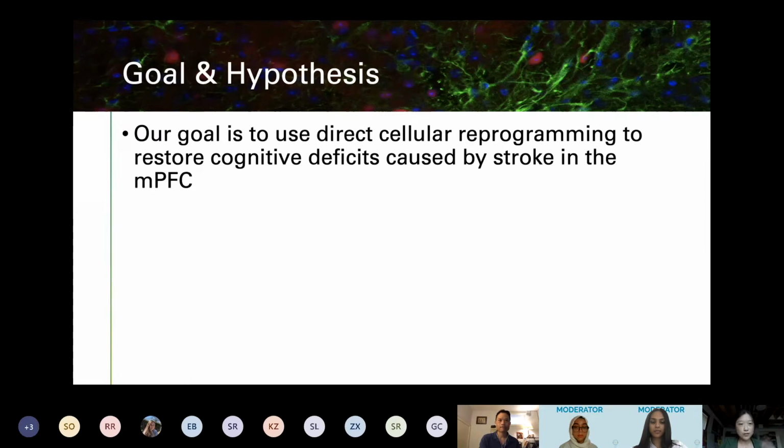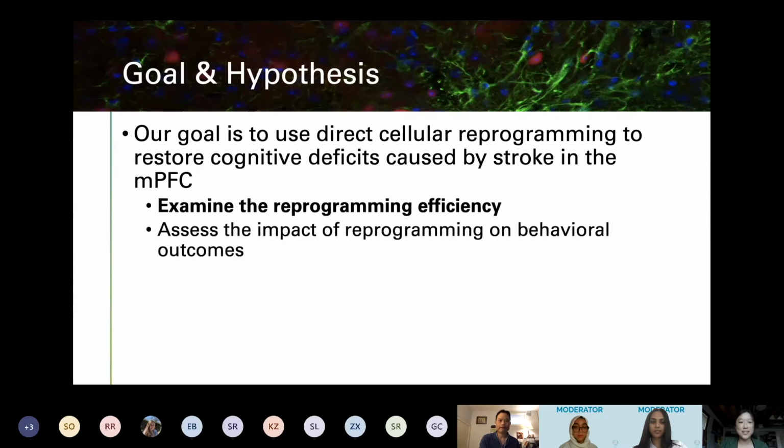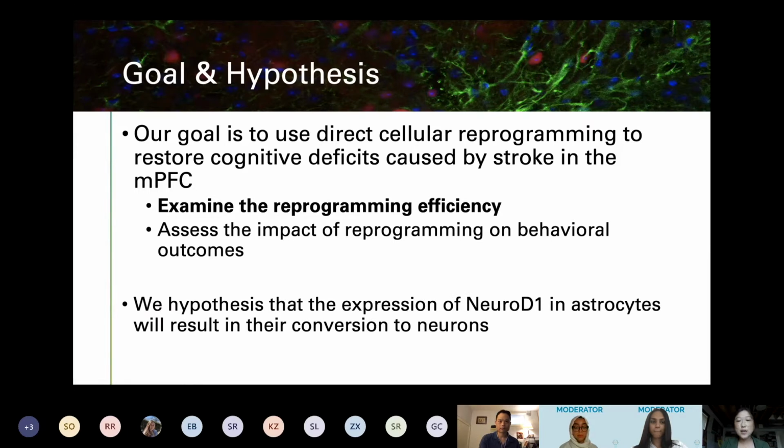Underneath this overarching goal, we have two main objectives. We want to examine the reprogramming efficiency, so how many astrocytes can we actually turn into neurons? And we also want to assess the impact of reprogramming on behavioral outcomes. I'm going to talk about the reprogramming efficiency just because that's what I worked on the most this summer. Our hypothesis with regards to this is that the expression of NeuroD1 in astrocytes will result in their conversion